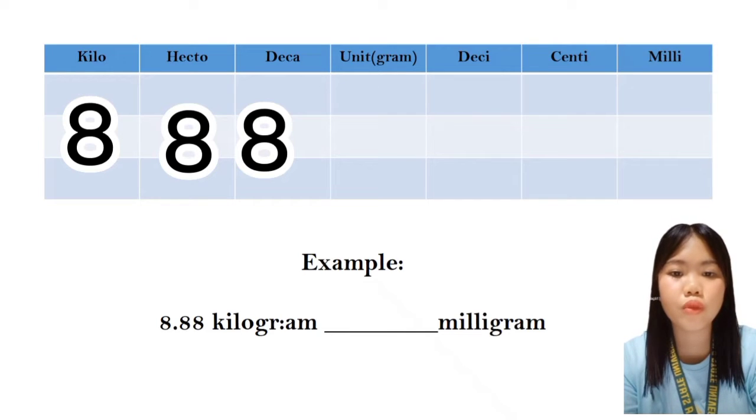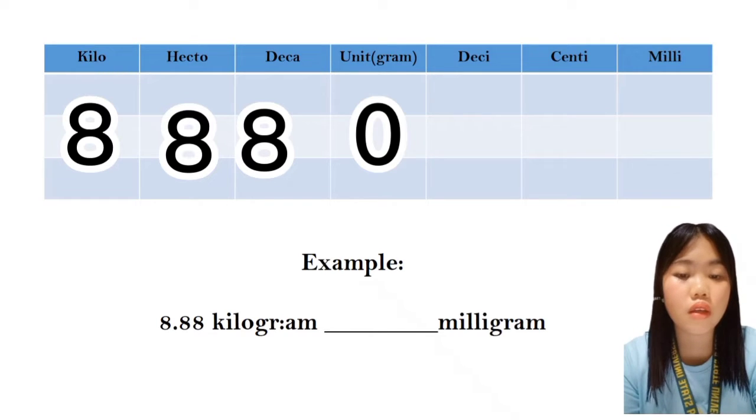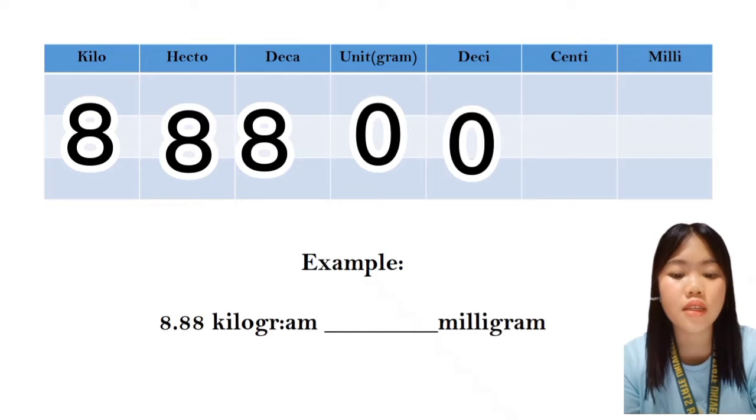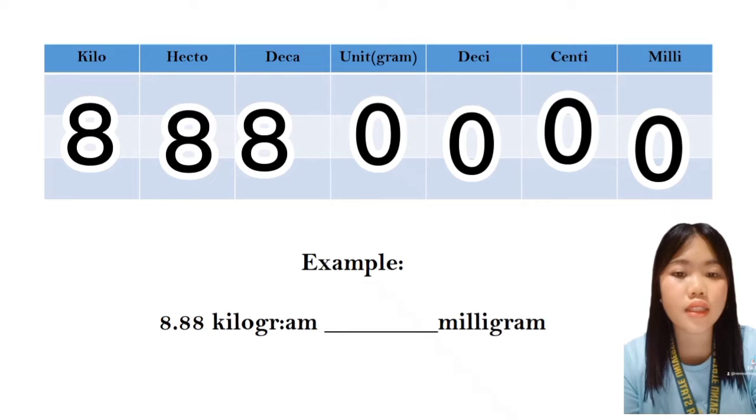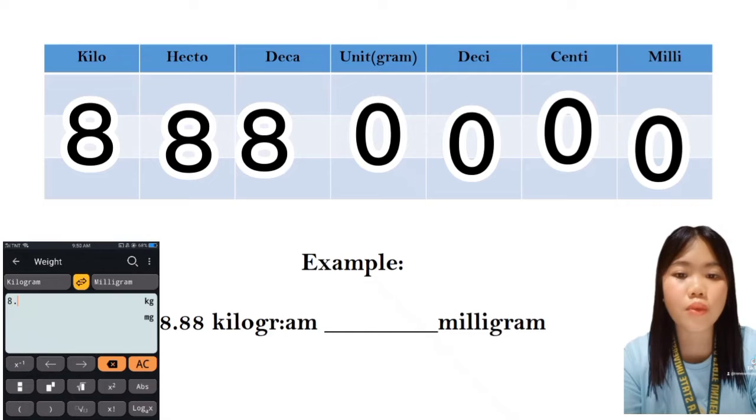So we also put 0 on the next unit. We have 0 on the unit gram, another 0 on the decigram, centigram, until we reach the milligram. So our final answer would be,